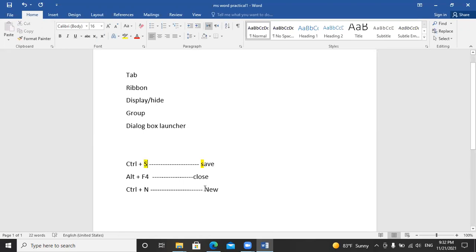Here, New: its first letter is N, so by pressing Control N you get a new document.